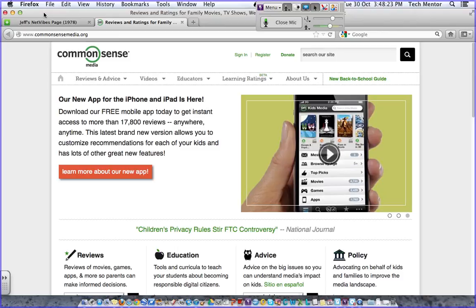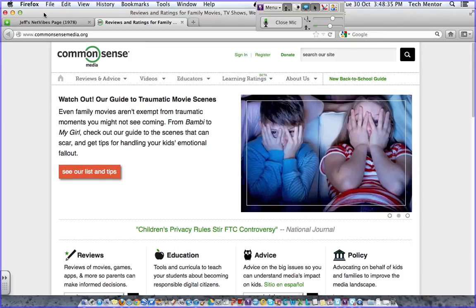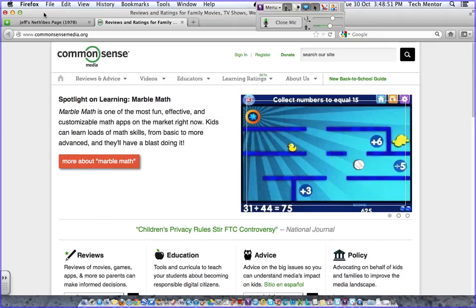So Common Sense Media is an organization. It's a nonprofit media organization out of the United States. And I'll tell you right now, you will see some things here that speak to the United States, in particular American education, and especially when they start talking about Common Core. But when you get past all of that stuff on the surface, there are some really great educational tools here for us. So this is the Common Sense Media website,